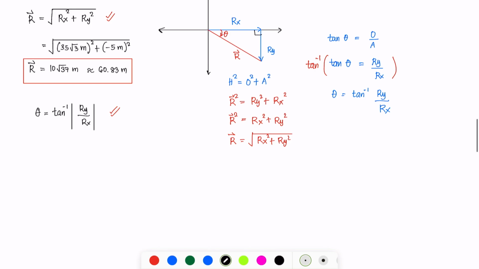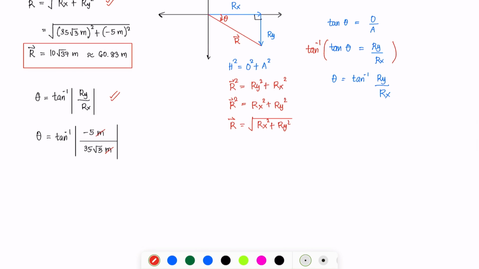So going back here to the purely physics part, theta is tangent inverse of ry, and ry is just negative 5 meters all over... sorry, it's 35 square root of 3 meters. And notice that the units cancel out, because that should always be the case if you're getting a trigonometric function. So theta is going to be equal to 4.58